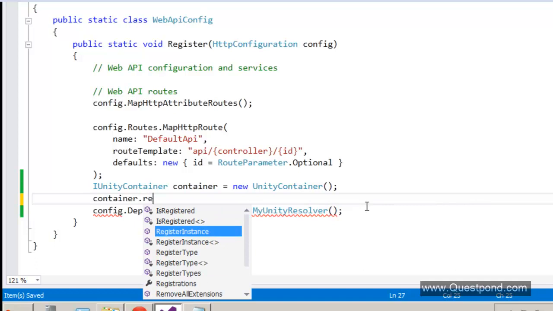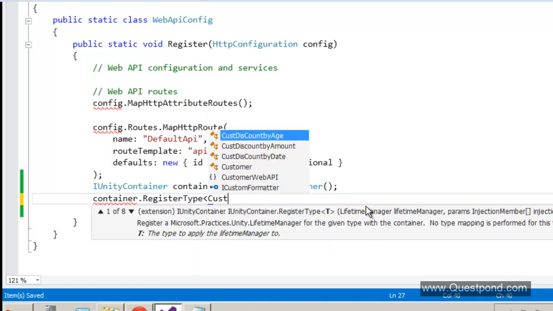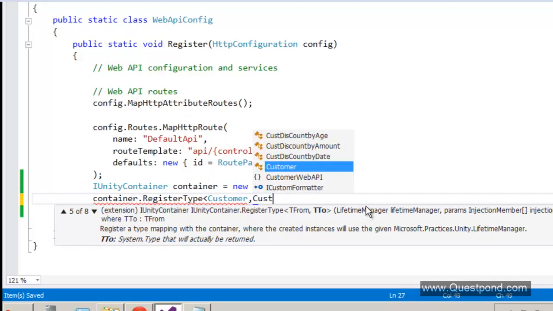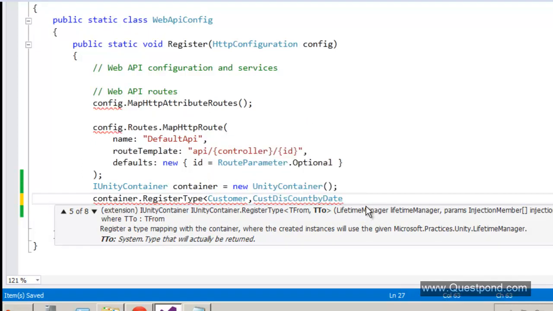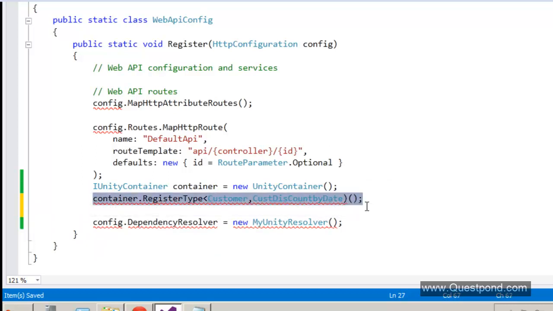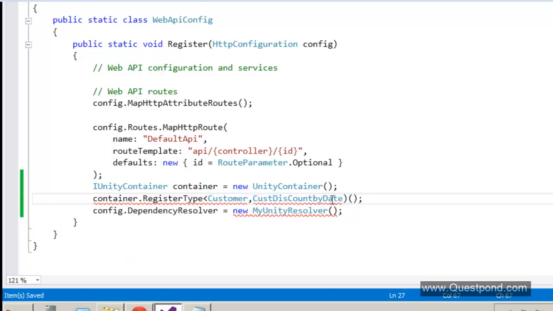So if you find customer, then how about injecting customer discount by date? I'll define the mappings here. We can first start with injecting just cust discount by date.